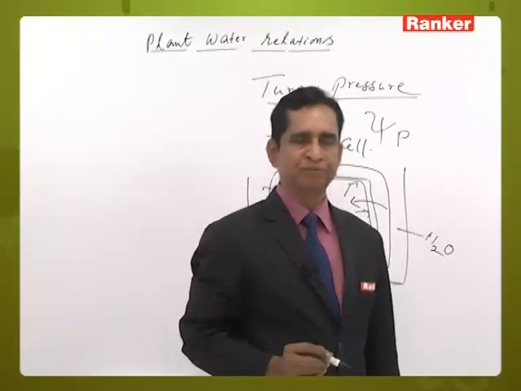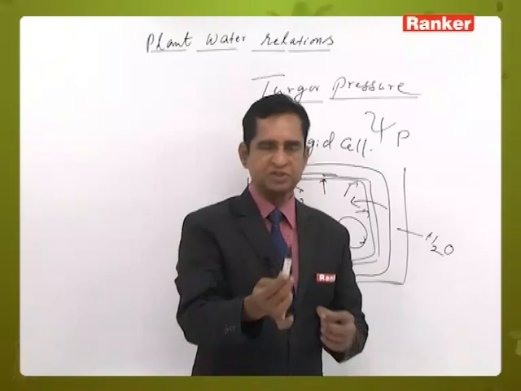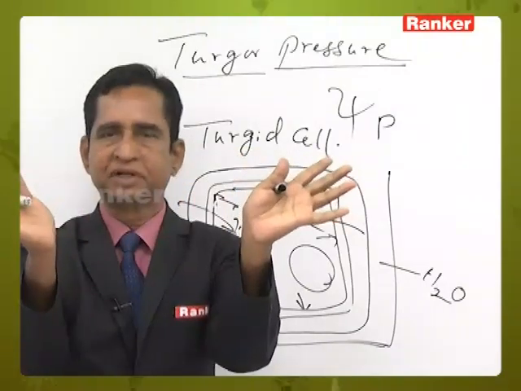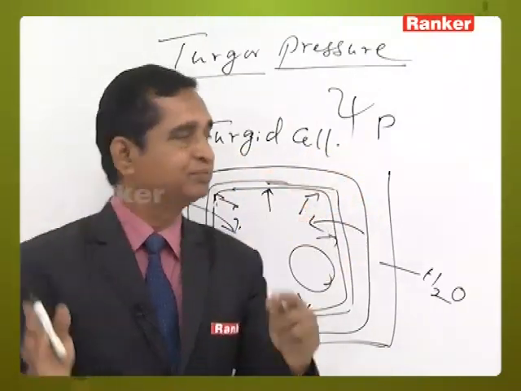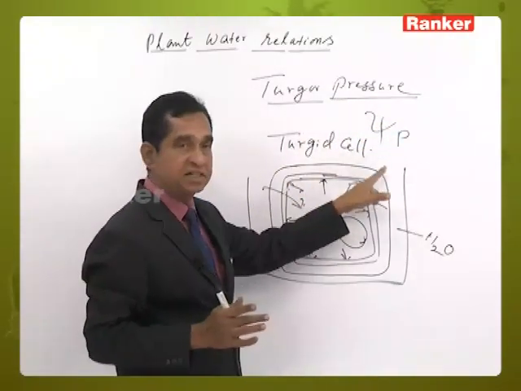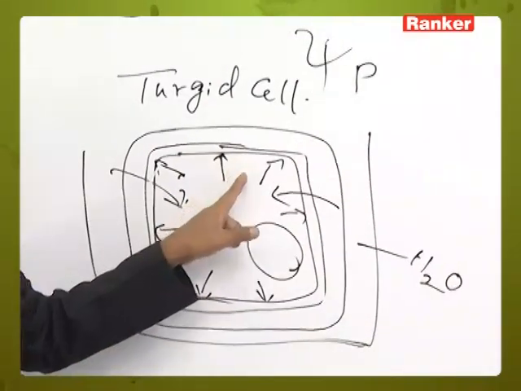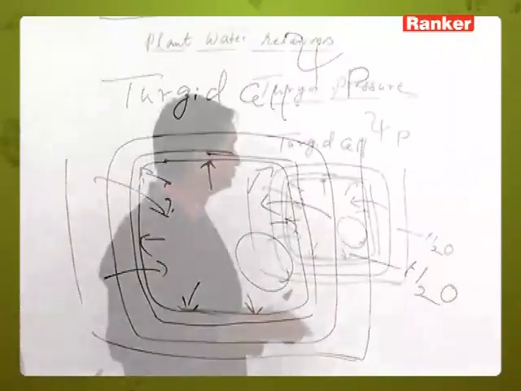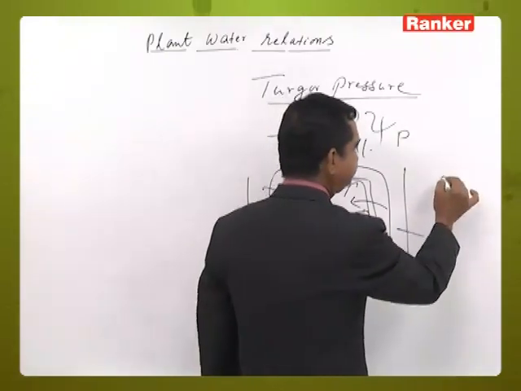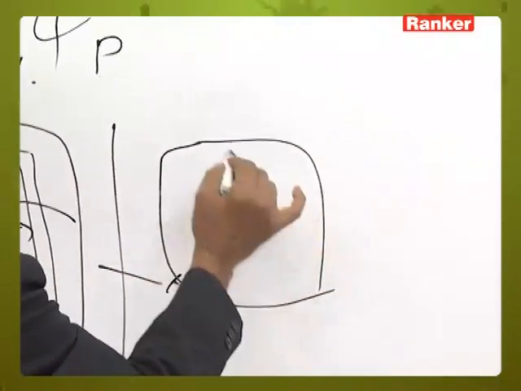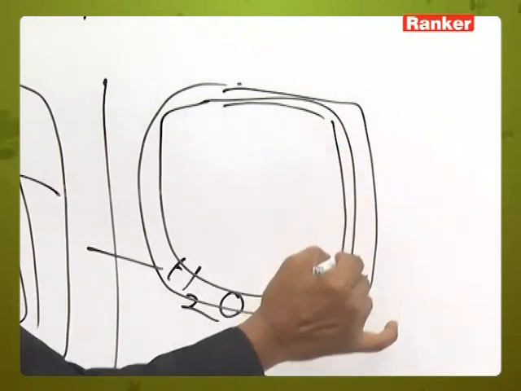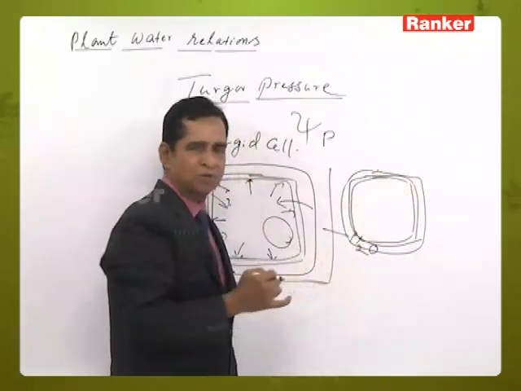In a plant, the young stems stand erect, the leaves unfold, they open and they are stiff. It is all due to the Turgor pressure. A turgid cell has the Turgor pressure. If there is no Turgor pressure, that means the cell inside the protoplasm